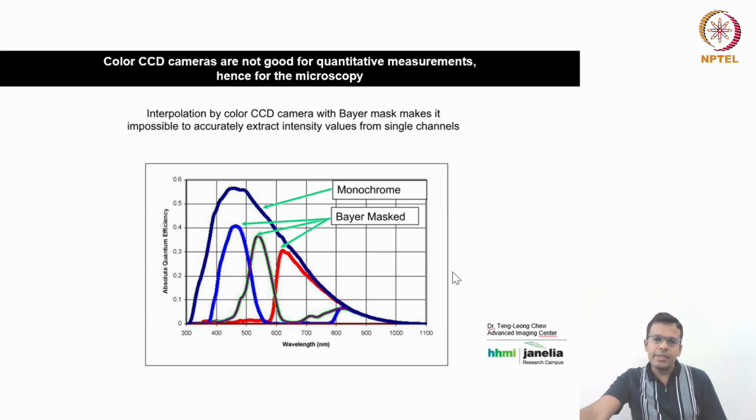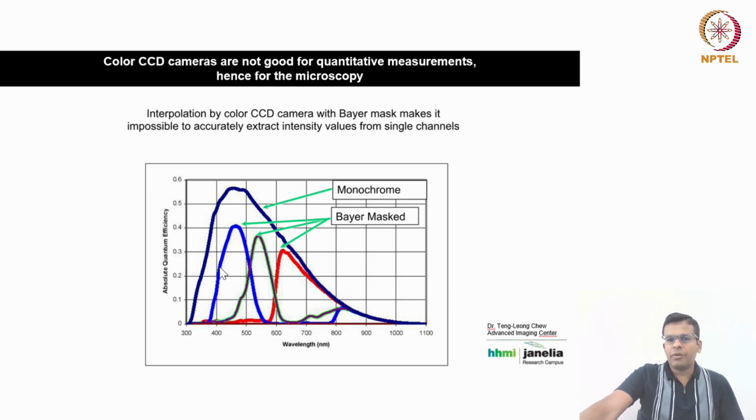So the question is, why are color cameras not used? Why is the chip of microscopy cameras not coated with that Bayer mask? Because, generally for imaging biological samples, we need the quantity information, that is, how much protein is expressed. For many applications, we need to quantify the fluorescence intensity of different fluorescent proteins like red, green, and blue.